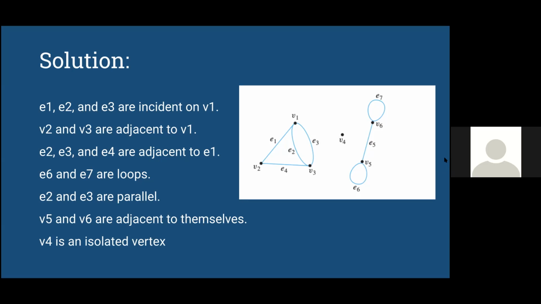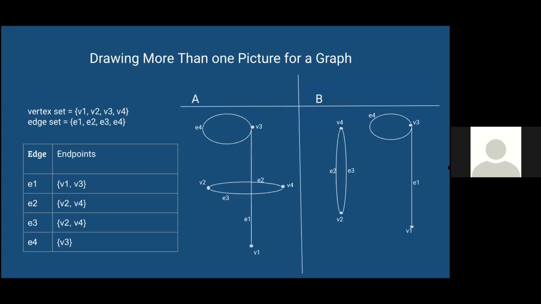In the following slide, one of the things that got my attention is that we can draw more than one graph with the same points. It doesn't matter. You can draw it in different ways. There is not a right or wrong answer. Both are correct. With the vertex set V1, V2, V3, and V4, and the edge set E1, E2, E3, and E4,